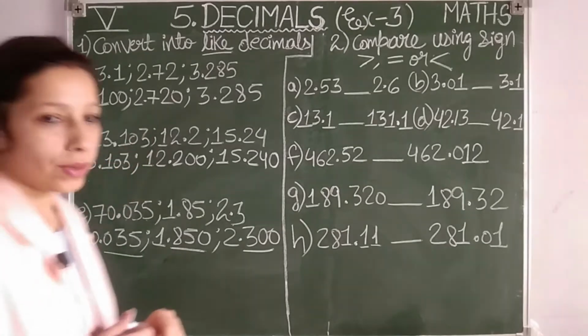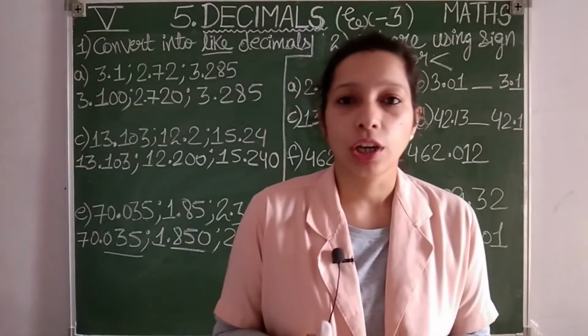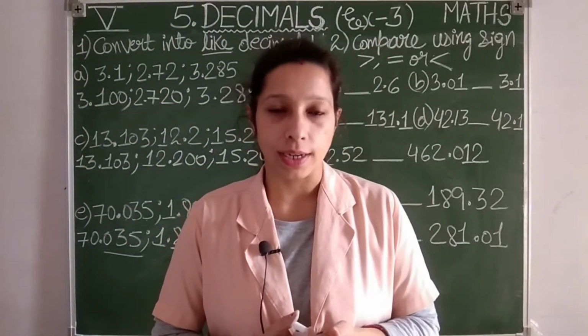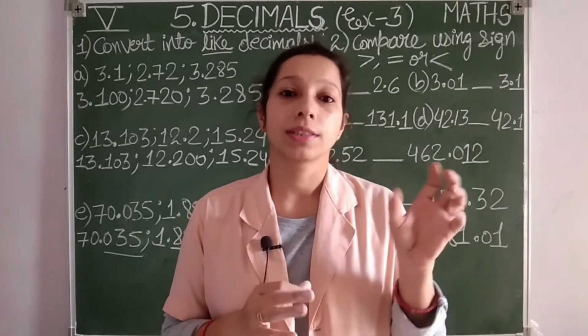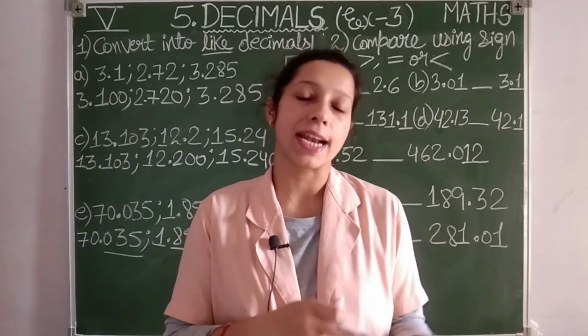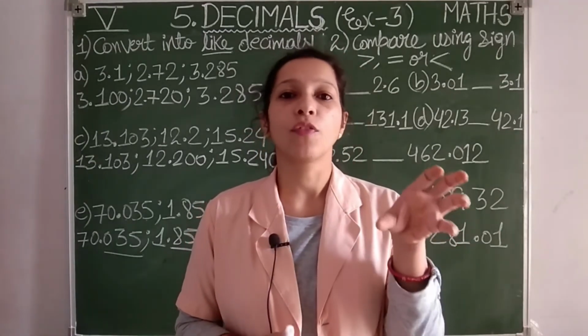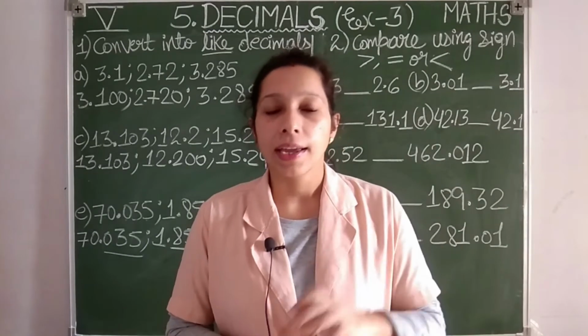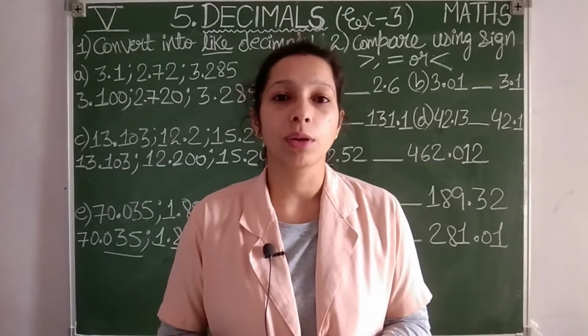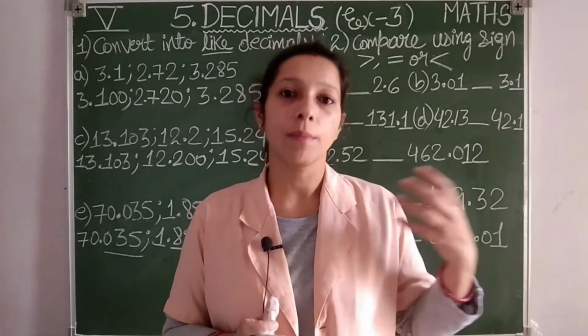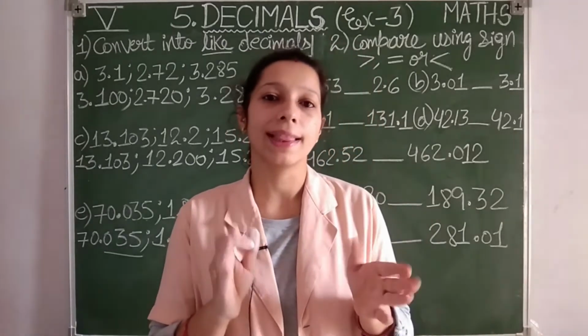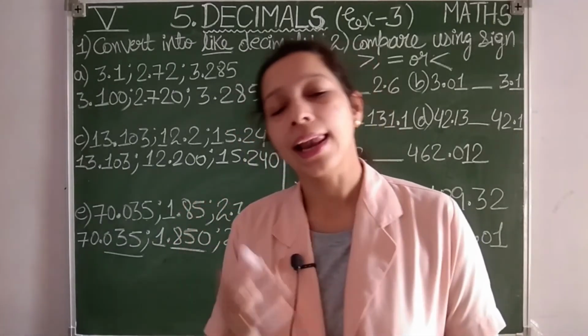Okay, question number 2 we are going to see here. Now for question number 2, again a new point is there, students. You know how to put signs and compare numbers now, means greater than, less than, equal to. Same thing you have to do here also, but not for natural numbers or whole numbers. Here you are going to do the comparison between decimal numbers. Which of the decimal numbers is smaller and which is bigger, that you are going to tell. How to tell? I'll be helping you.